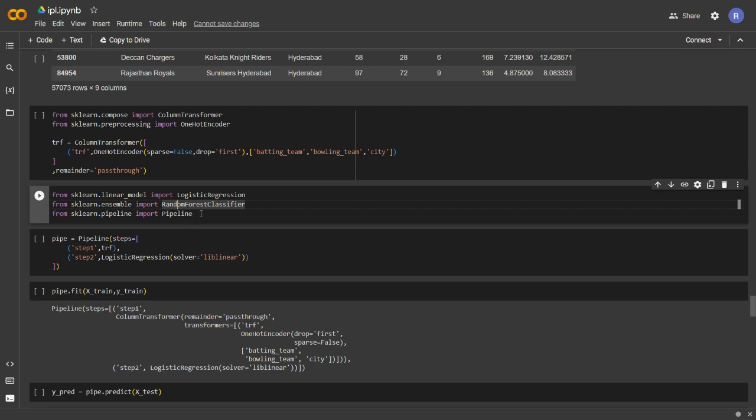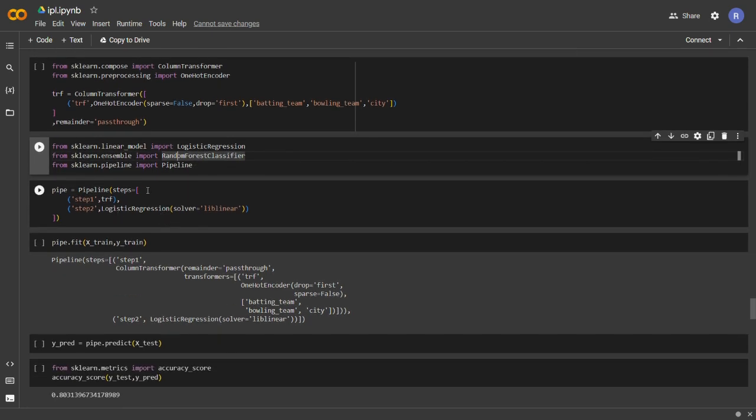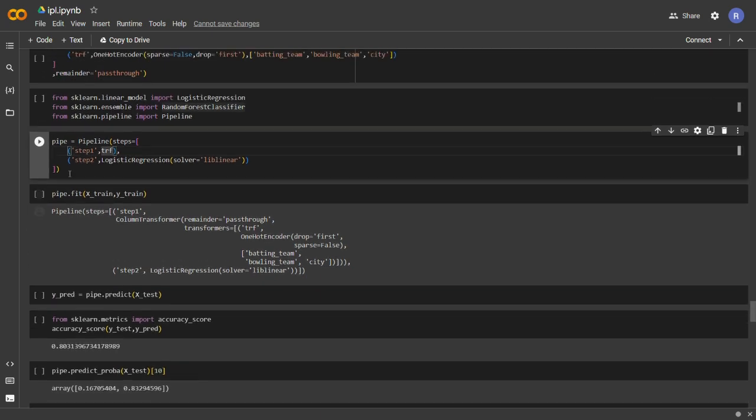Then we are going to import Pipeline, and this pipeline will be stored in the pipe variable, which has step 1, it will use the column transformer on our columns, and step 2, it will use logistic regression with solver as liblinear. Then we are going to fit this training pipeline on our X_train and y_train for training our